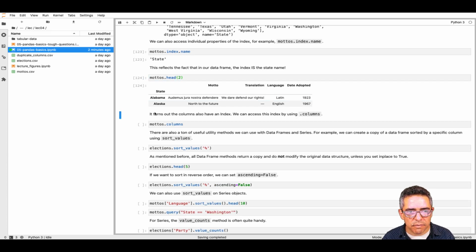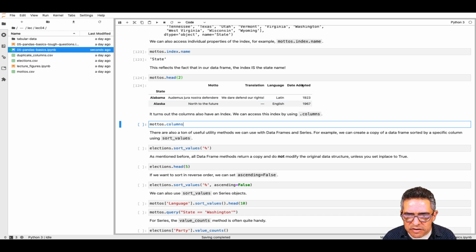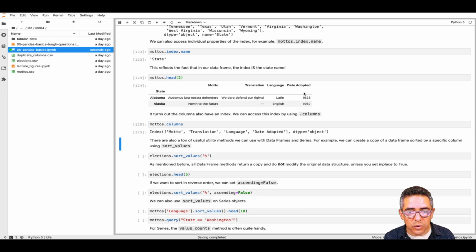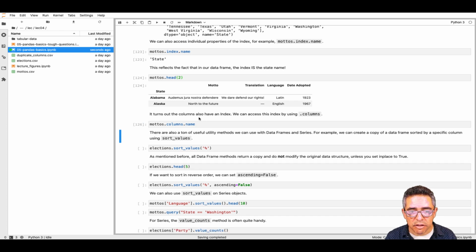As we can see here, this was the index. Now columns: if you think of the data frame as a table, there actually is an index in there too. So you can access the columns object of the data frame, and it is itself an index. By default it doesn't have a name, but you can name it. So columns.name is nothing. But if I say columns.name equals